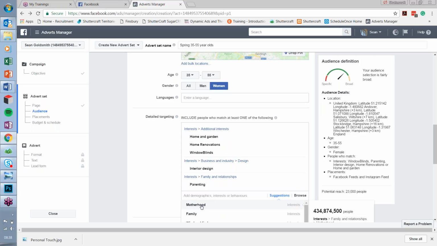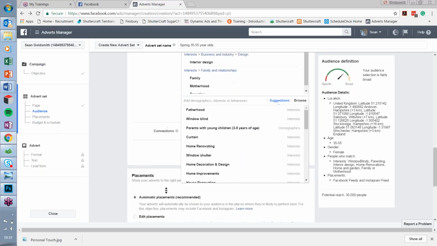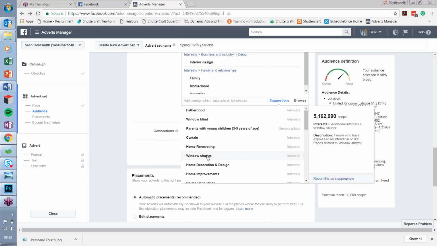So I quite often use my wife as a way of gauging what's going on out there. And for a lot of these people, what they use Facebook for is almost like an encyclopedia. If you want to know about motherhood, there's a group for that. If you want to know about how to get your children more tech savvy, there's a group for that. Pretty much there's a group on Facebook for anything that you could possibly imagine. People really do use them because it's talking to peers. So motherhood is a good one, and family is a good one. Right? Window shutters obviously is a great one,